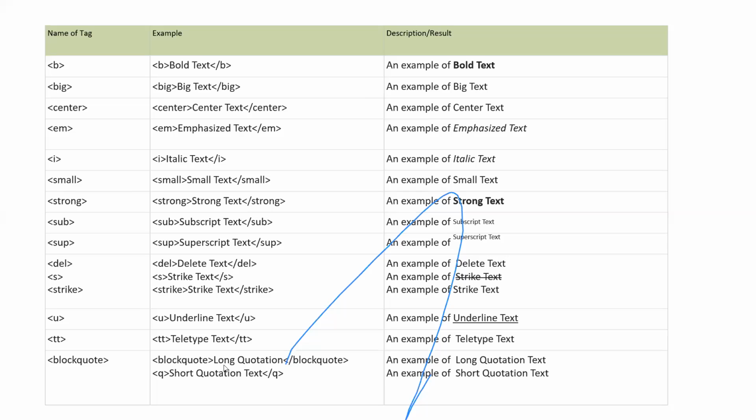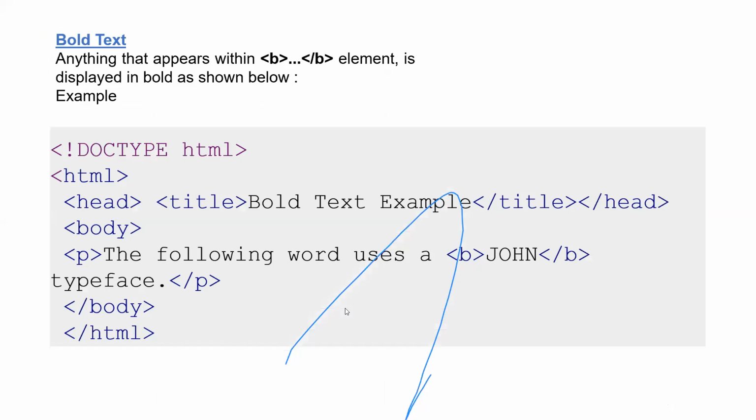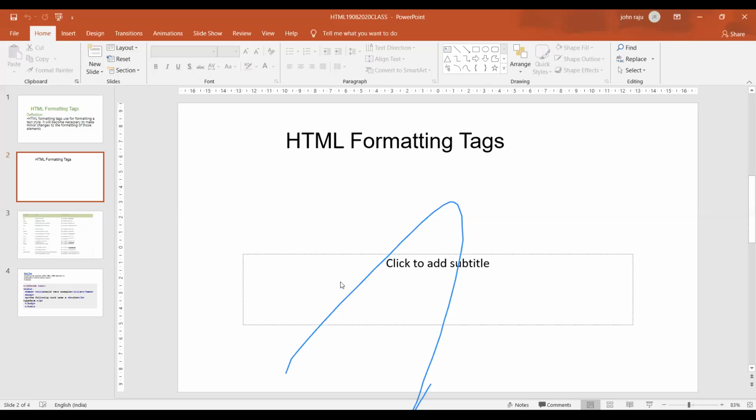Blockquote is there, and then Q is used for a short quote. For blockquote you have to mention the full name, open and close the tag, and for a short quote you can use Q. Now let us see examples of how these look.